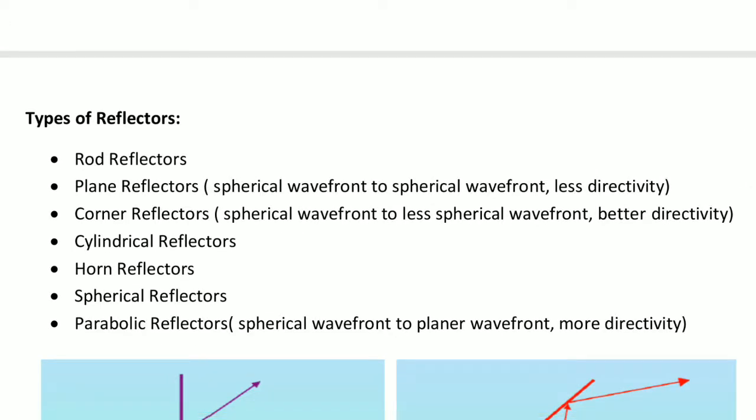So in the case of rod reflectors, the rod reflectors are very simple ones. They are mainly used in Yagi-Uda antennas. Like you have seen in the Yagi-Uda antenna, there are so many directors and a driven element, and behind the driven element there is one reflector. It is placed behind the driven element, and its length is slightly longer than that of the driven element. If you see the structure of the Yagi-Uda antenna, you will clearly understand the position of these rod reflectors and the function of these rod reflectors.